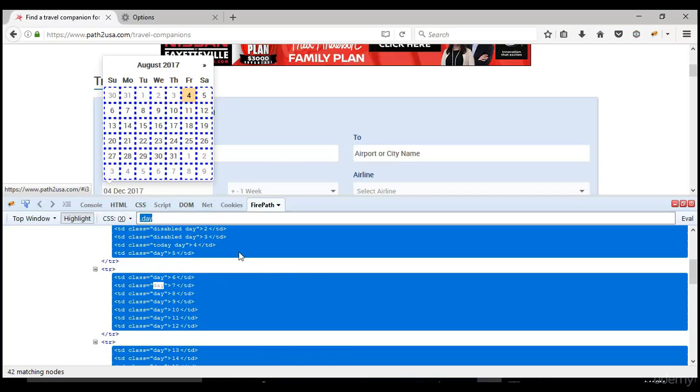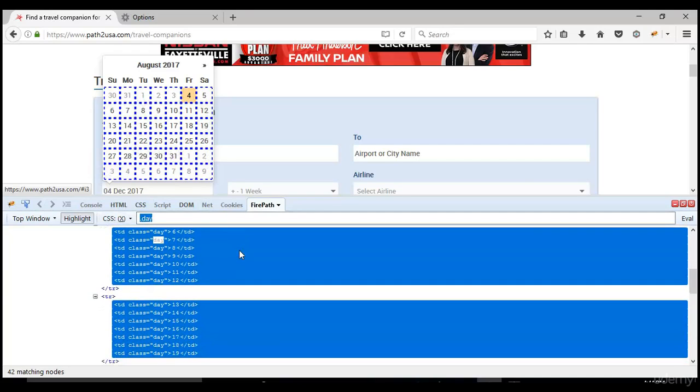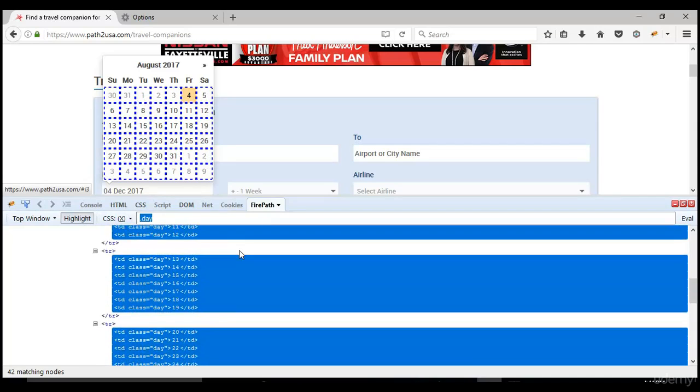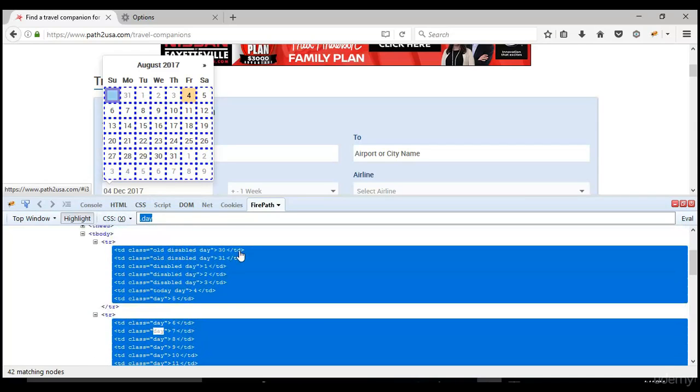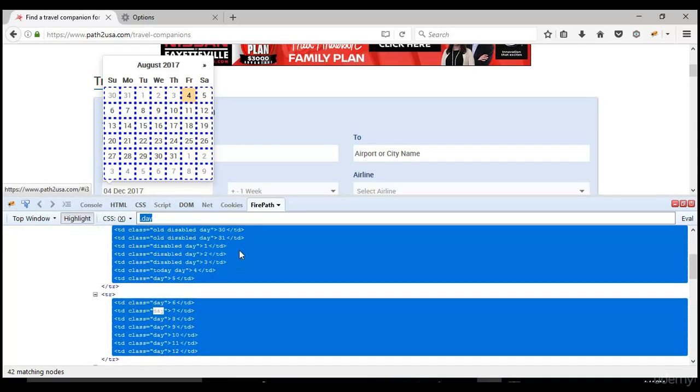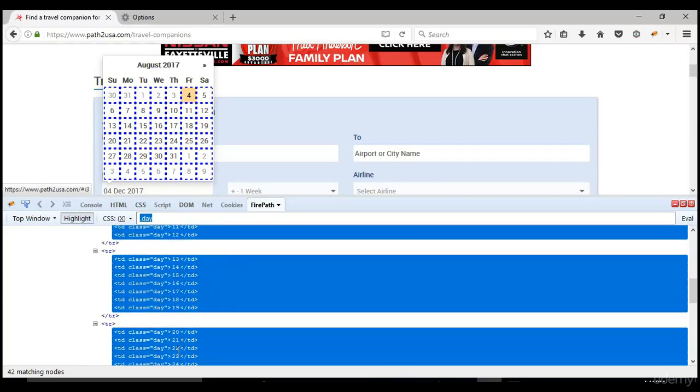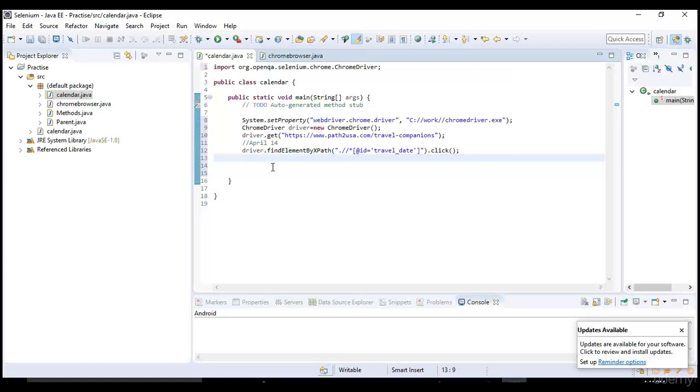But I'm interested in the specific date which I pass through the input of my test case. If you carefully observe, I am interested in 23rd, right? August 23rd, let's say, is our input.